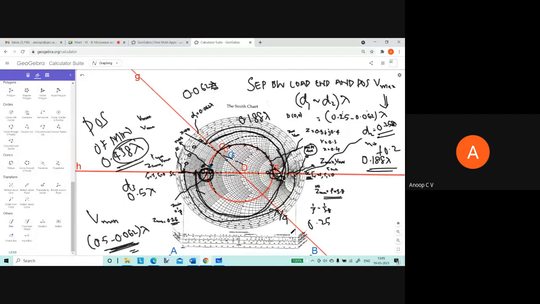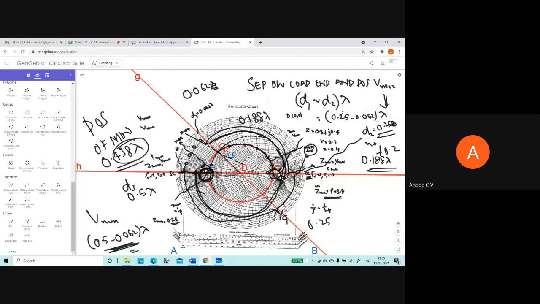Then we saw how to find the position, right? So we have 2 circles with distance towards generator and distance towards load marked in terms of number of wavelengths. So when I say 0.062, it is actually 0.062 times lambda, right? Using that, we found how to find the position of maxima and minima in terms of distance from the load end. So first we located the point where the load end intercepts with the distance towards generator. So it was 0.062 lambda, right? So we noted it down.